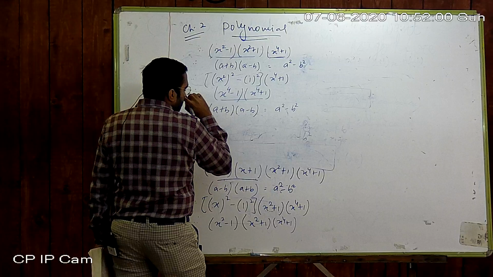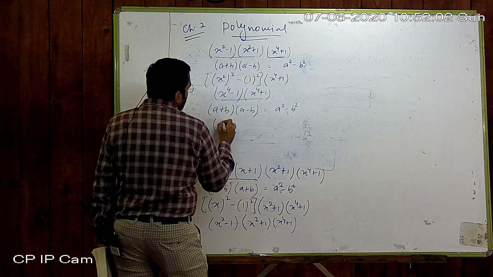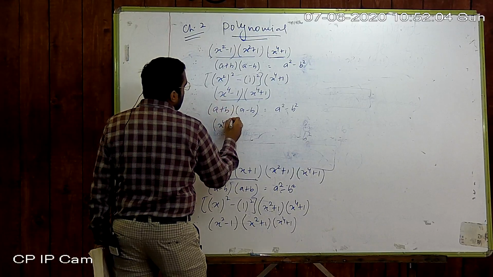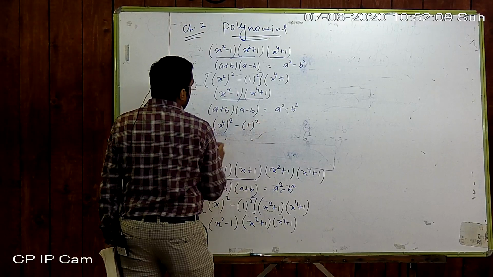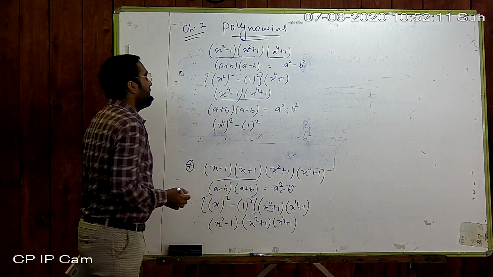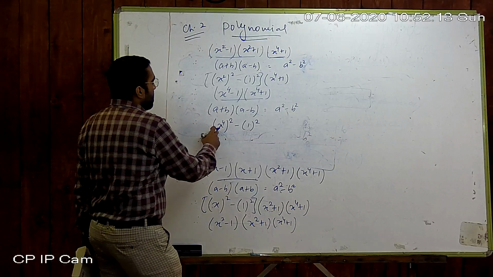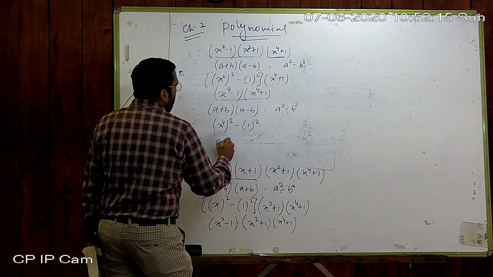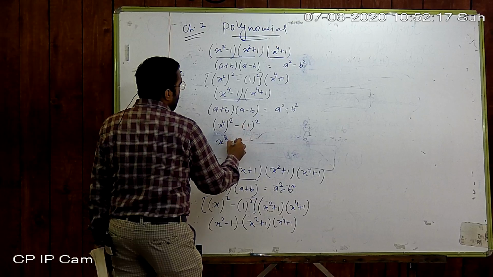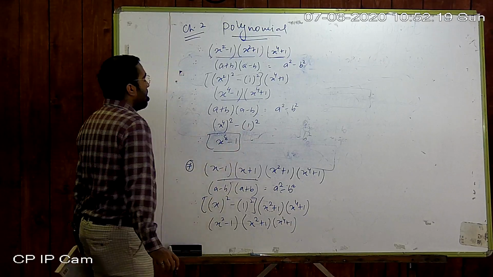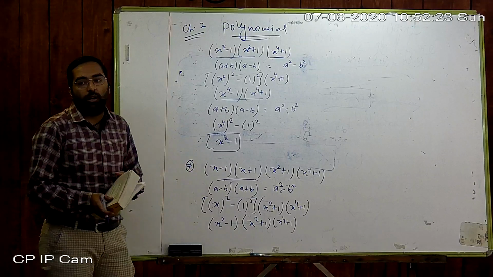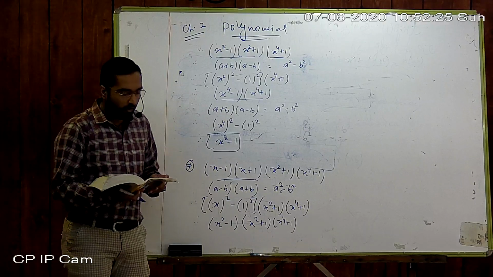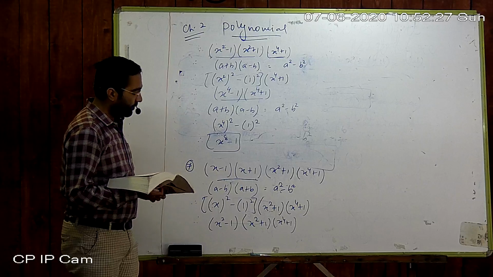In these two last brackets we can use x raised to 4 as a, then that square, minus second term is 1, then 1 square. So your final answer is x raised to 4, 4 to the 8, then x raised to 8 minus 1 square is 1. Okay, got it? Your final answer is x raised to 8 minus 1 for this question.